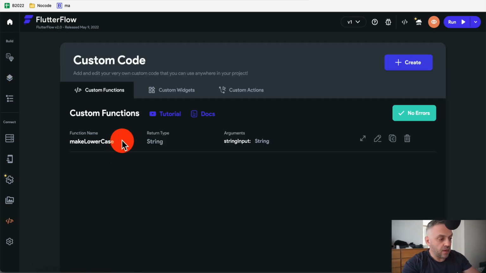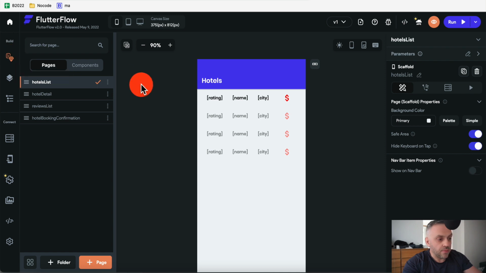So if we come back here, we're gonna see this function right here, string input, etc. And we can view that function, okay? There's no errors, nothing like that. And now I can use that function anywhere, okay? So for instance, I can go back here, I can come back to my app here, and I can say,